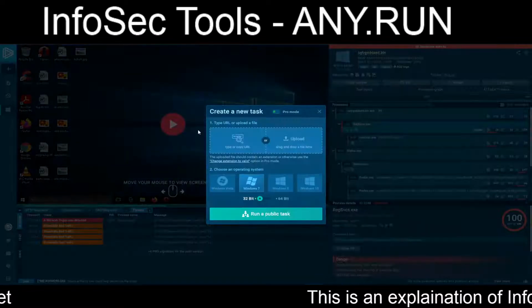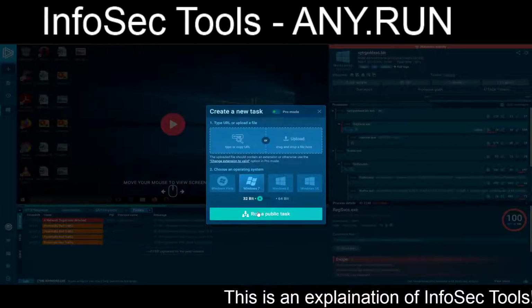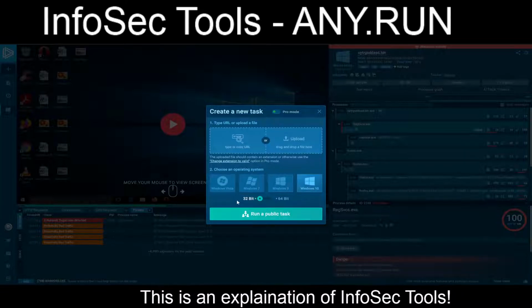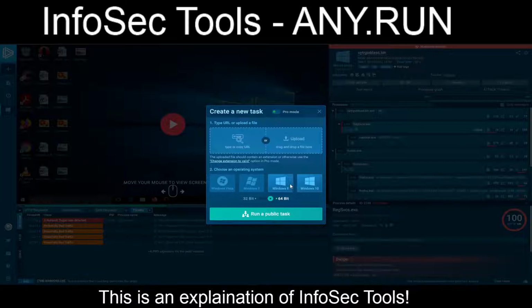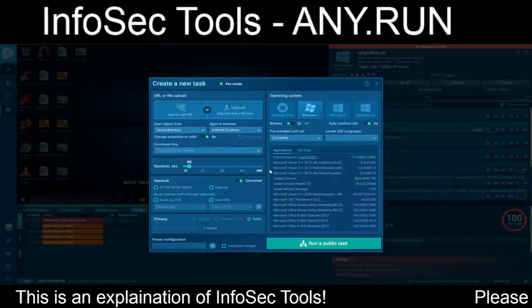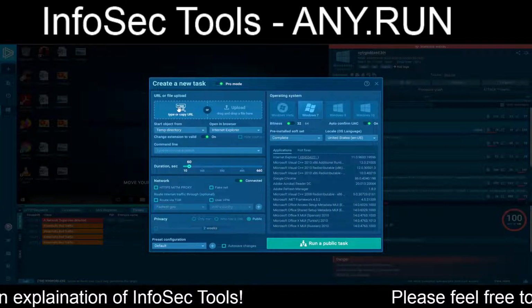So we'll go ahead and tell it we want to submit. This is the standard interface, just for quick and dirty. You can see that obviously I can flip it to 64-bit from 32. I prefer the Pro mode myself, as this is what was demonstrated. So again,